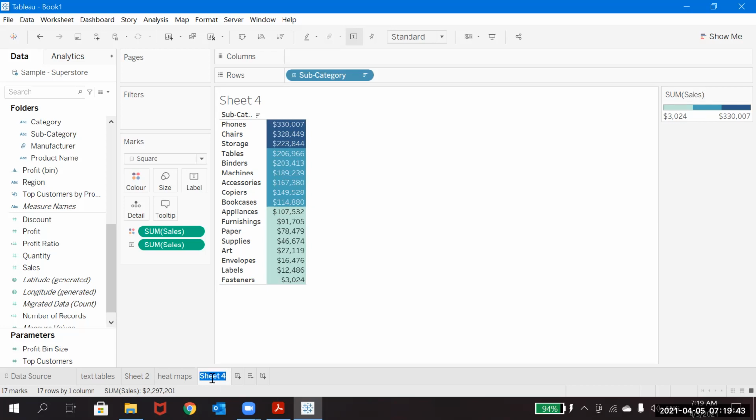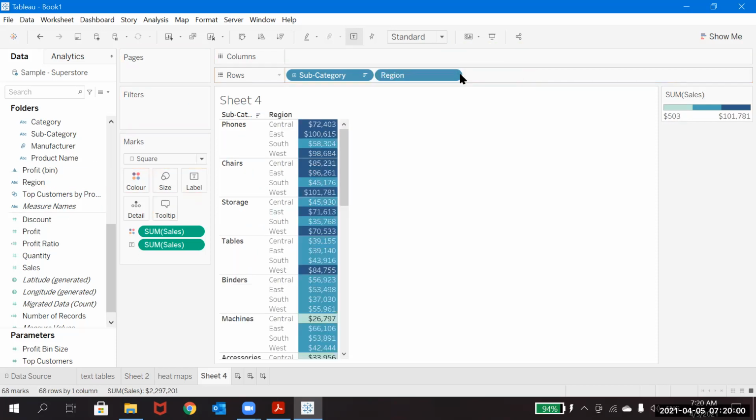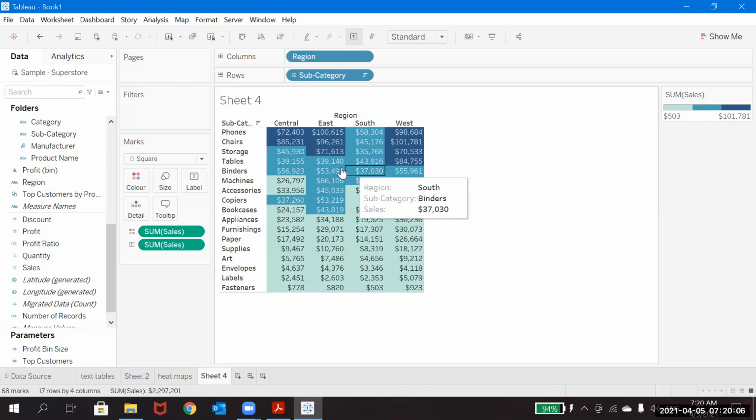And remember, here it says one or more dimensions and only one measure, right? So okay, one measure is fine. So we agree with that. In the previous one also we checked. Now we will see if we use one more dimension, how it will show. It will show region wise also. Let's say I'm going to keep it on columns. So you can use n number of dimensions now, but you have to use only one measure.